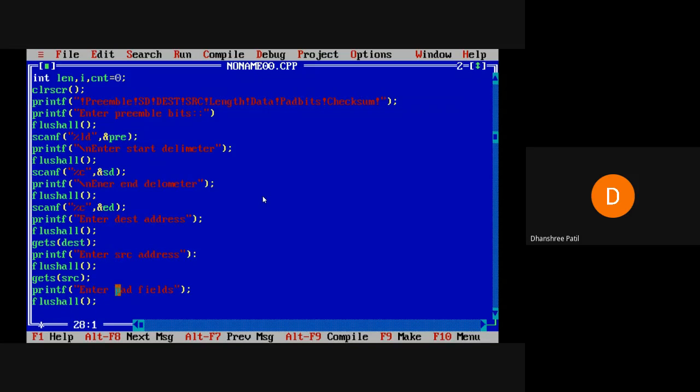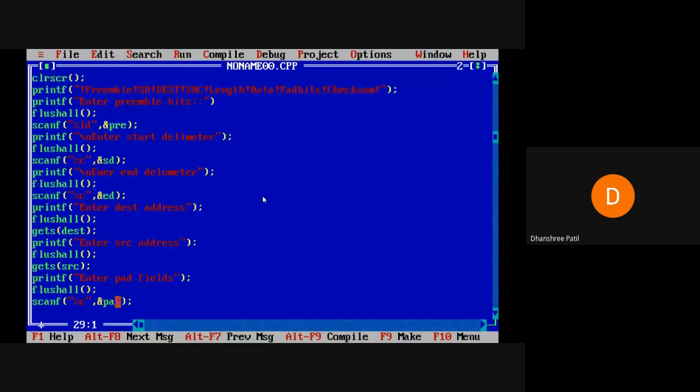Okay, now after this, we have to take a scanf %c, and the pad bits. Okay, now after this, we have to take the data from the user, right?